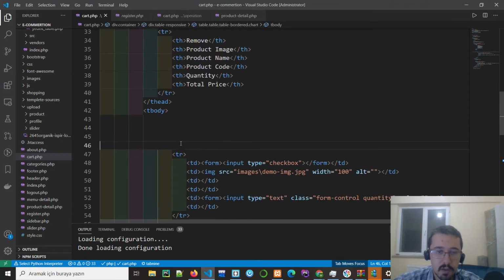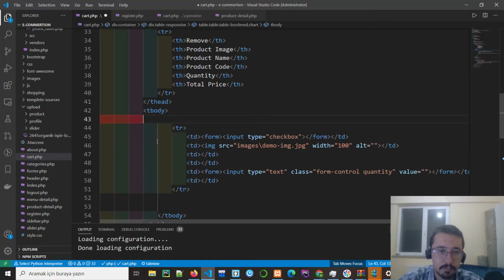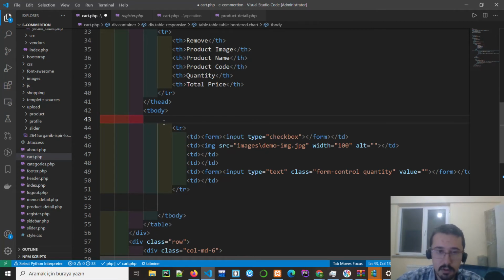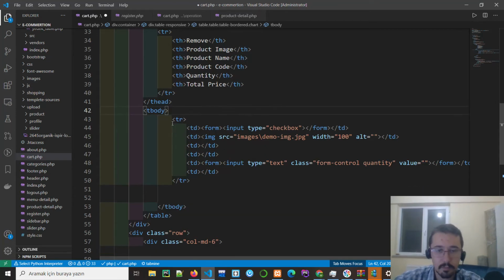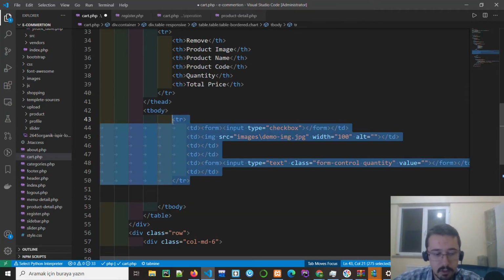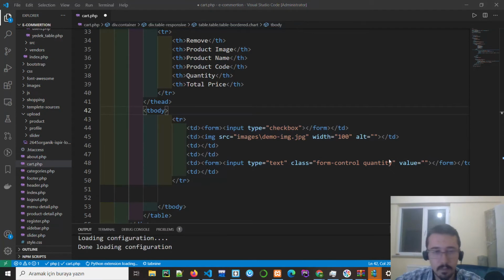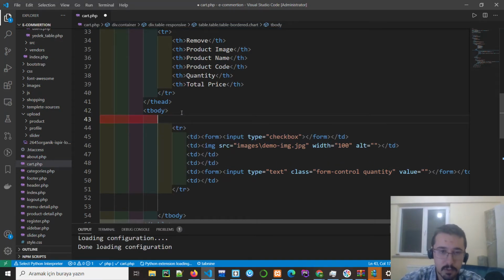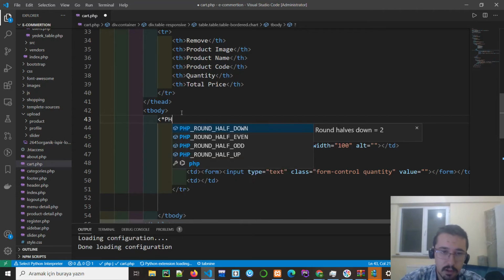Here I will add my charts one by one to the table. So we will go to the table body. We will go inside of the table body. Why can't I use tab? Let's insert. I will get this one back. One minute. And we will come here and we will open the PHP tag